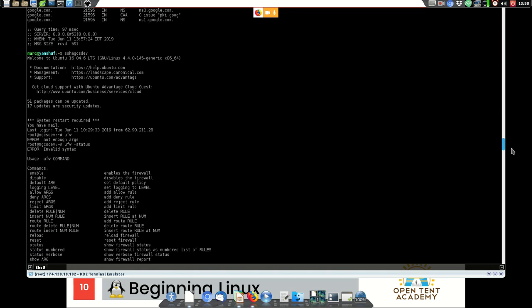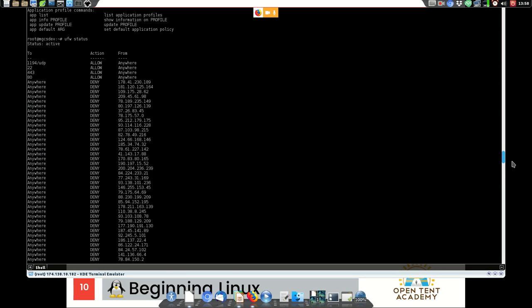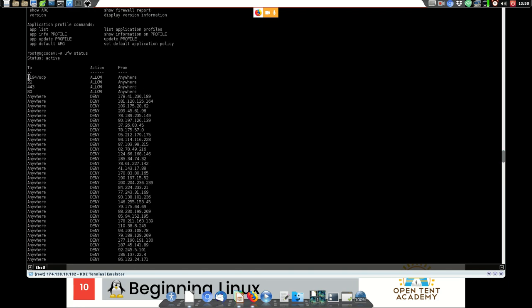So my firewall on my server says VPN, you're allowed to VPN, which I have to shut off because I'm not actually using it. You can connect to it using SSH. You can connect to it using 443, which is HTTPS. And then you can connect to port 80, which is HTTP, which actually just flips you to 443, it doesn't matter. So from anywhere on the internet, you can get to this server on these 4 ports. And it really should be 3 ports, but I'm not dealing with that at the moment.